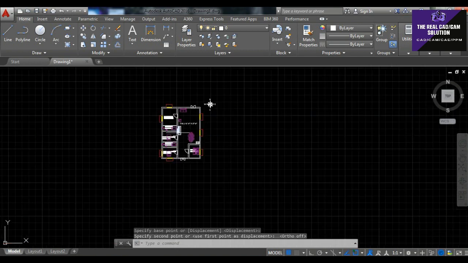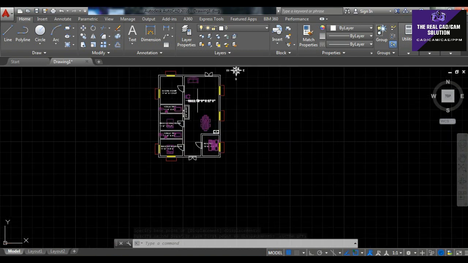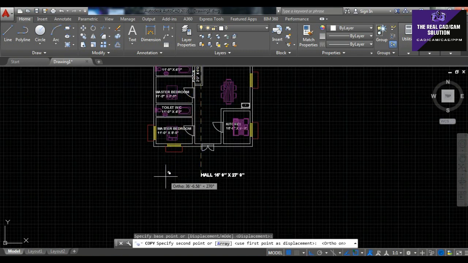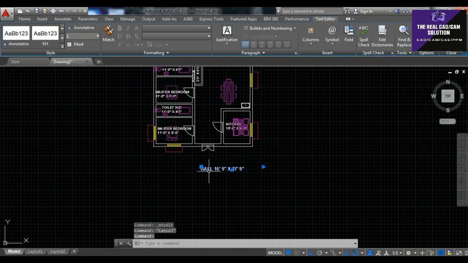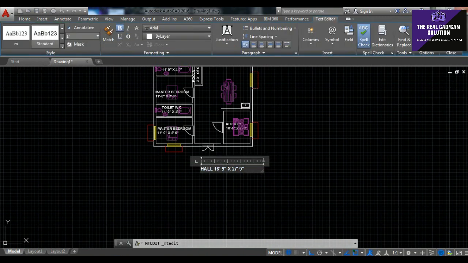And now finally we're going to take an elevation. Our plan is ready, and here the name is ground floor. The name is ground floor.